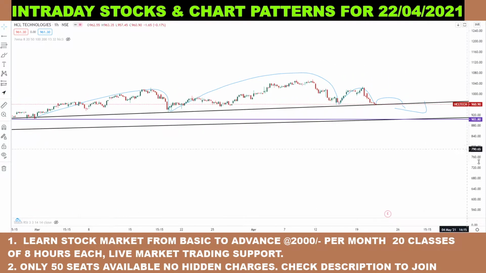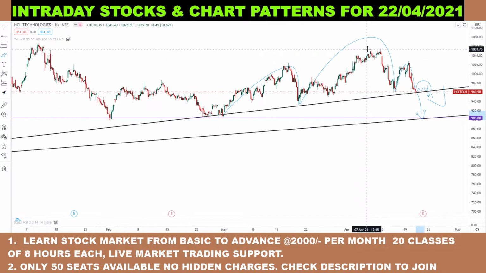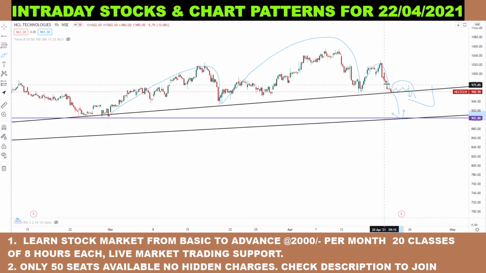And tomorrow if the stock continues to fall, if it makes this sort of pattern, starts to consolidate in this trend line, and then breaks this trend line and goes below 955.54 rupees, then you can short this stock. You can short this stock for the target of 903 or 904 rupees in intraday or in a longer time frame, and you can take 970 as your stop loss. So there will be a 20 rupee stop loss and around a 40-50 rupee target.